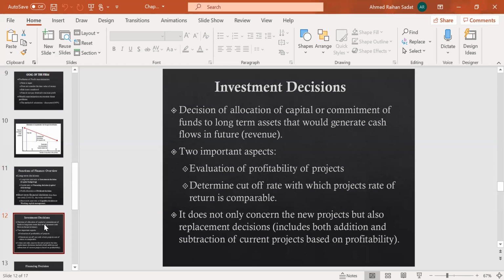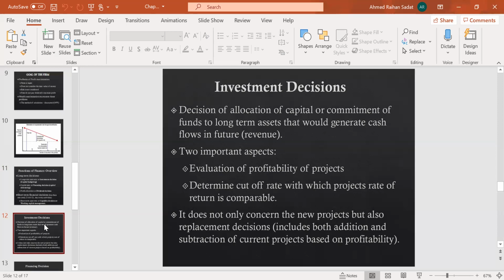If you think about the NPV formula, what we do is divide the future cash inflow, which is the first aspect, by the required rate of return or cost of capital, which is the cutoff rate. After we do that, we also compare it with the return. Basically, it means the same thing. So you forecast the future cash inflows and you also forecast what the required rate of return or cost of capital might be.